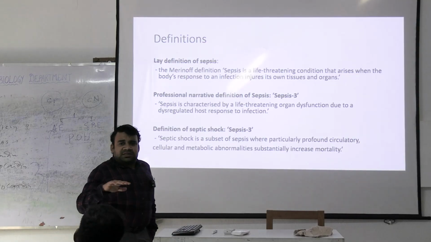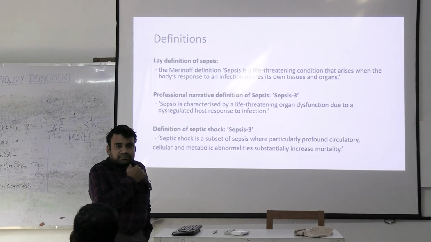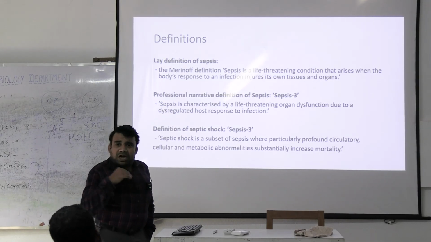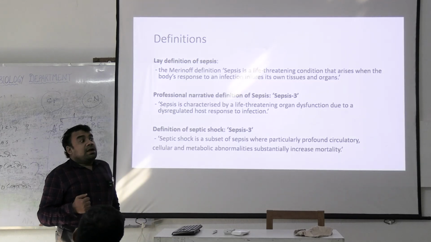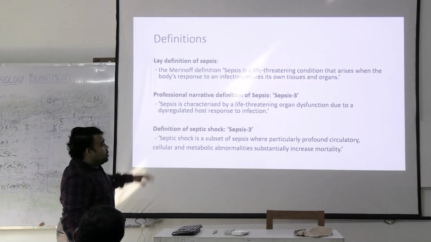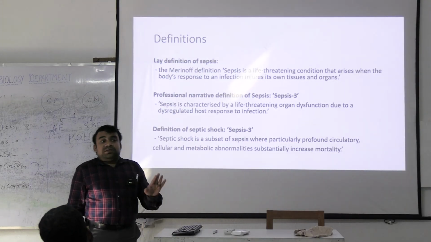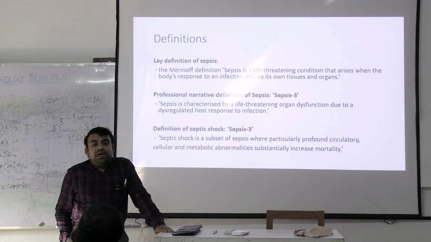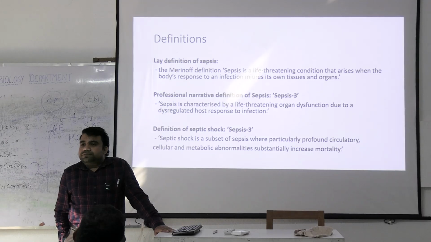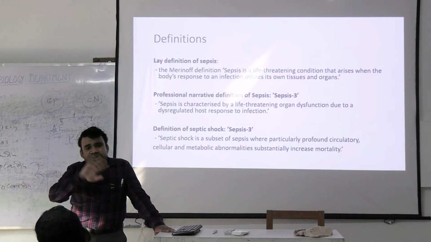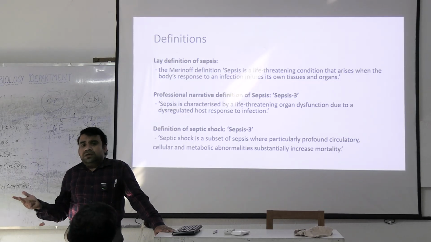Another terminology: sepsis is there, so what is its outcome? The patient may go into shock. You have already heard about shock, hypovolemic shock, this shock, that shock. What is septic shock? Exactly, the same process is going on. Organ dysfunction is happening. When this organ dysfunction is to such an extent that it may lead to morbidity or mortality, then we call it shock. Is the process clear? First step is SIRS, second step is sepsis, and third step is septic shock.